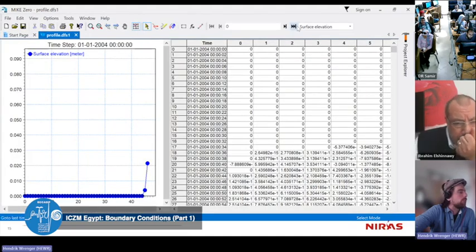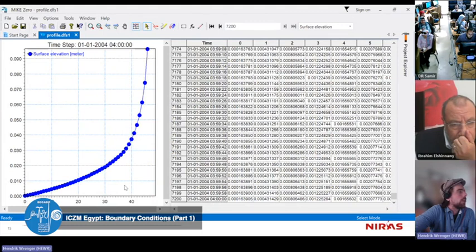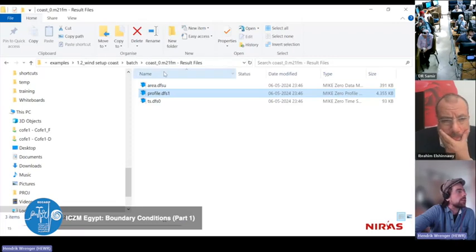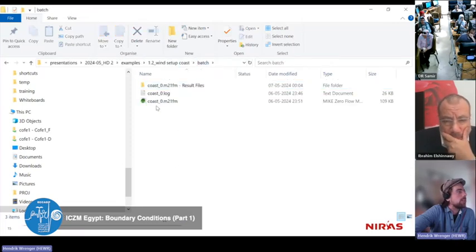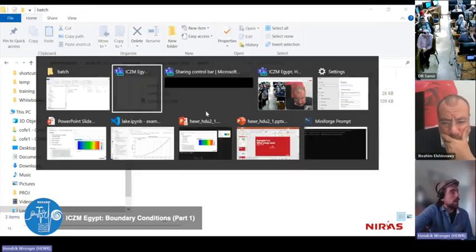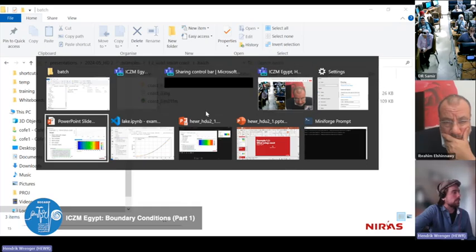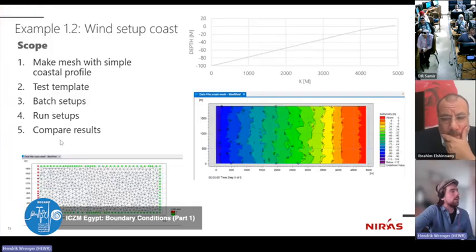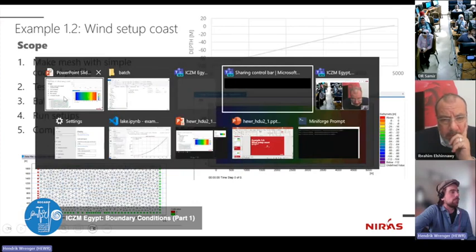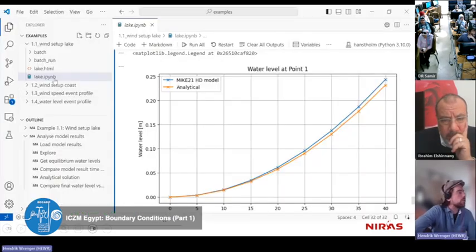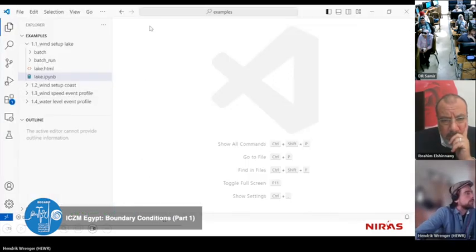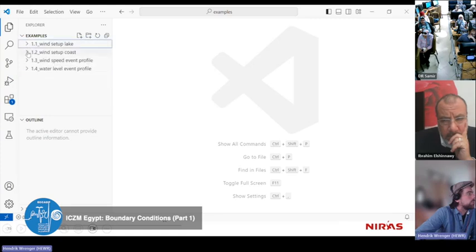At the last profile, I get this water level setup due to the shallow water wind of 10 centimeters near the coast, in that case of the template. Okay, now we have a template, and now we want to again define some scenarios and set up the model runs, etc. And now I have again prepared a script for that,